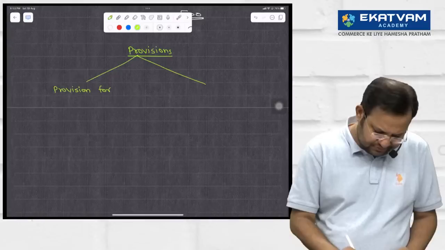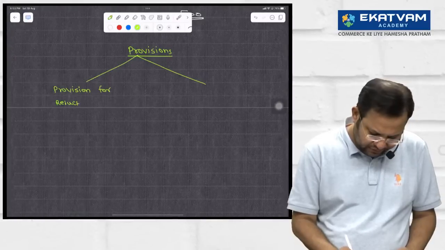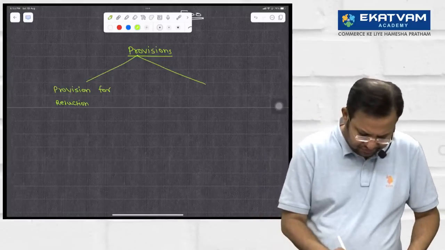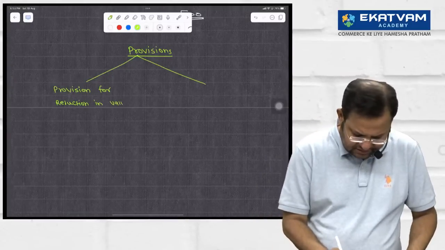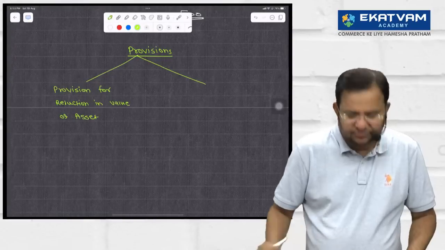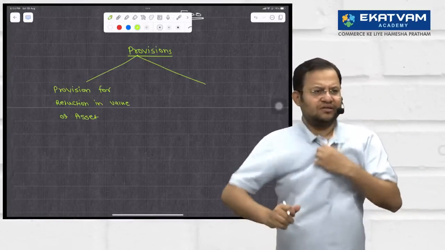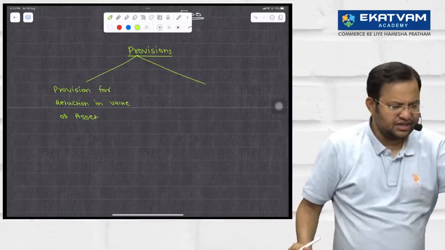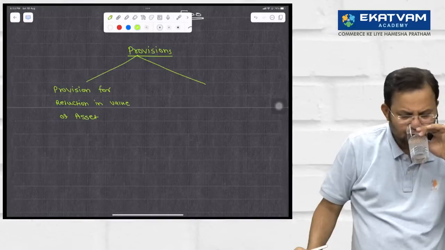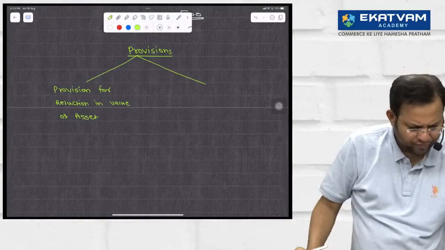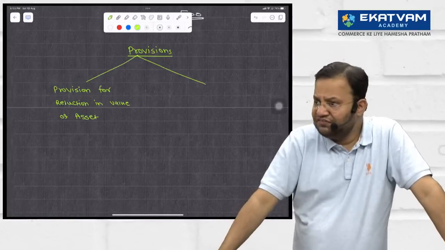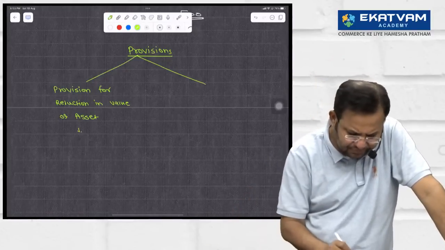Provision for reduction in value of asset. Provision for what? Reduction in value of asset. Provision for reduction in a value of asset. For example,